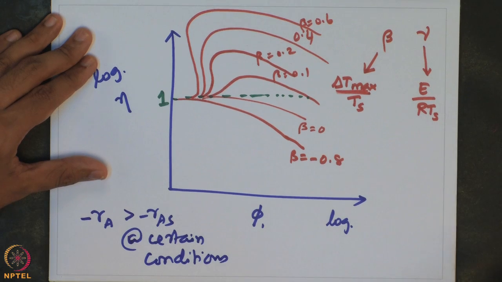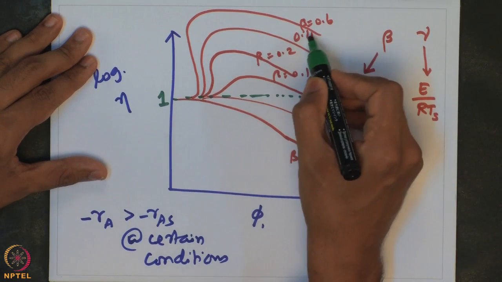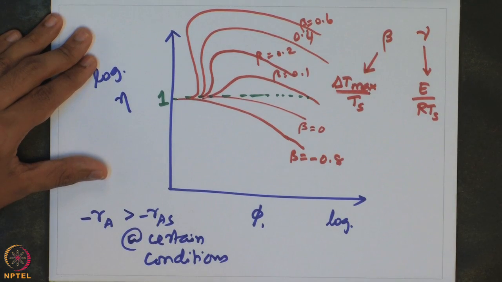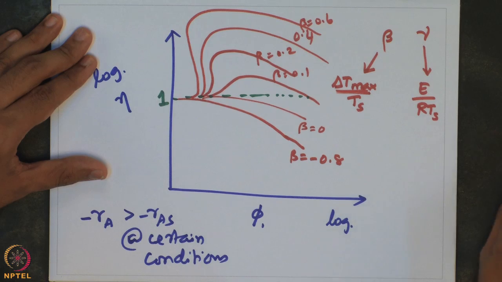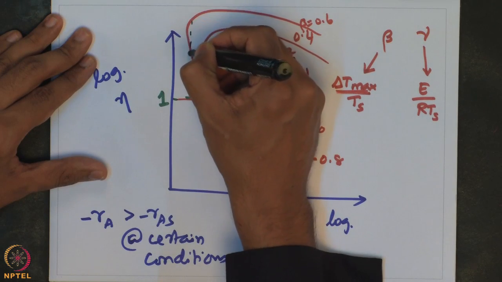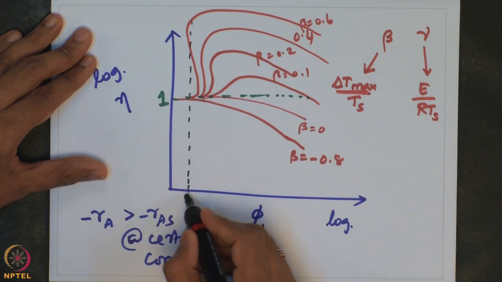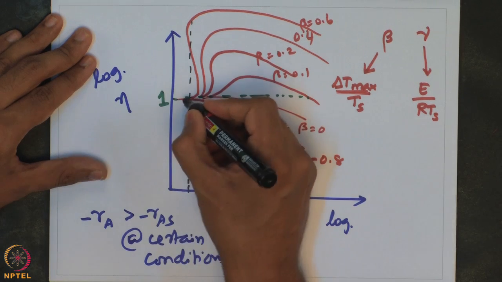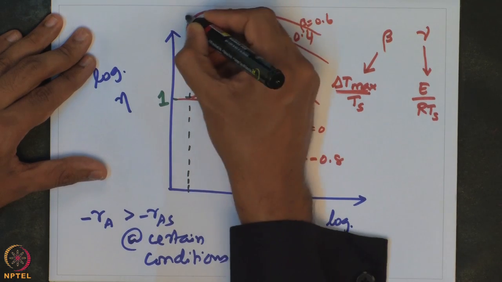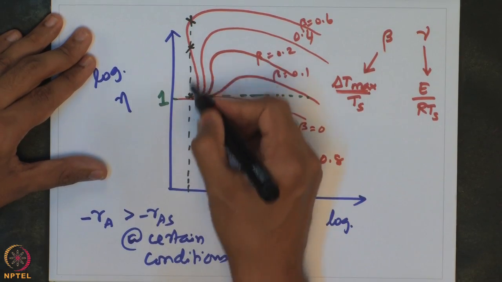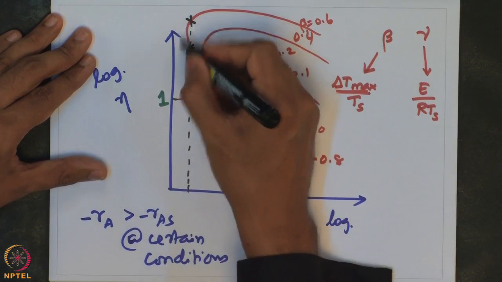Now, an important observation here is that for certain values of beta, let us say 0.2, 0.4 and 0.6, if I now fix a specific value of phi, let us say in this range here, then I will see that suppose I look at what is the effectiveness factor for this value of Thiele modulus, then I can see that for a specified value of phi, you can actually locate 3 points on this graph here, which means that there are 3 possible effectiveness factor values for a specified value of phi, and that is only in a particular range of